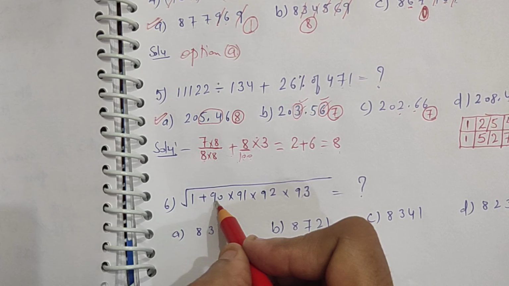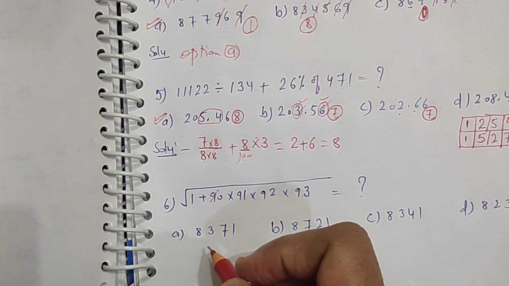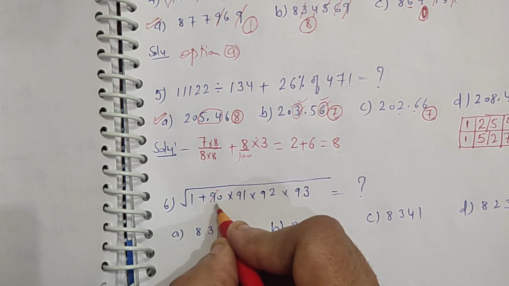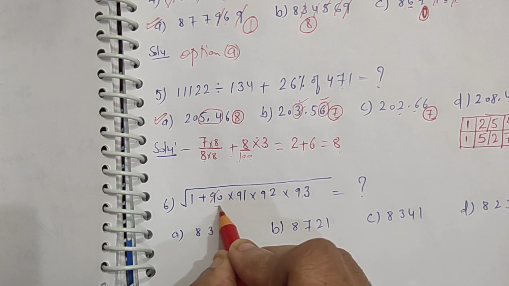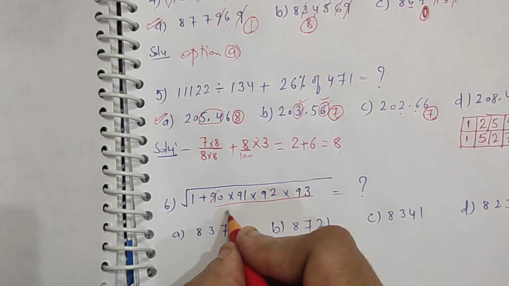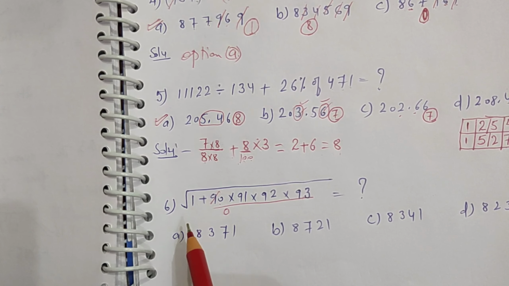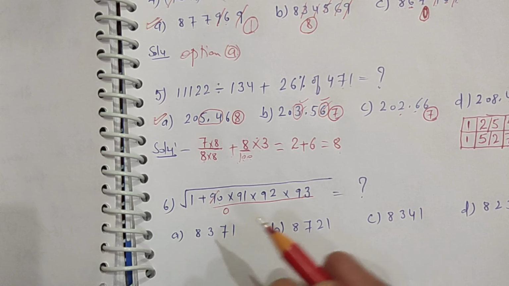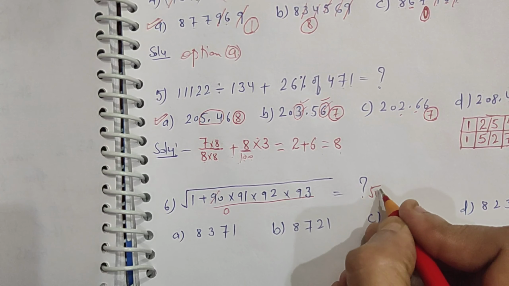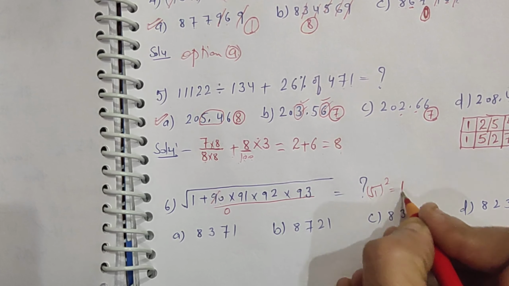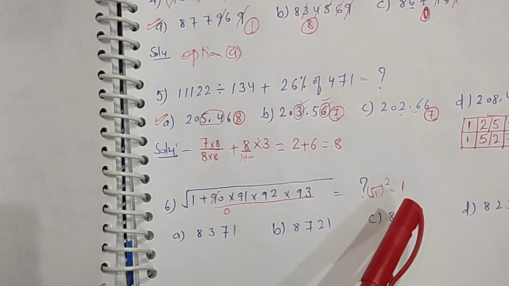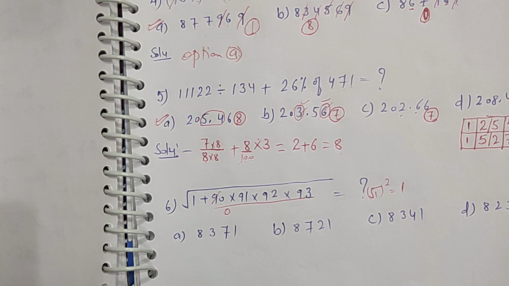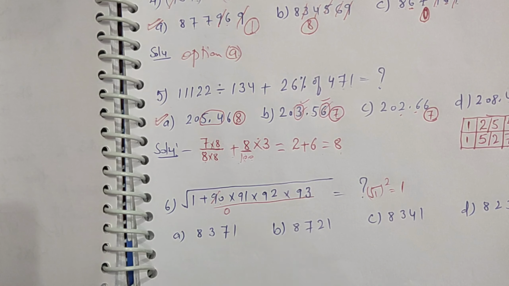Here 9 gets cancelled, right? So it will be 0. And if I will multiply 0 with any of the number, it will be 0. It means what is my digit sum? 1 plus 0. That is 1 only, root 1. And if I will square it, then also it will be 1 only. It means I need to find digit sum 1. So let us check where I can find digit sum as 1.